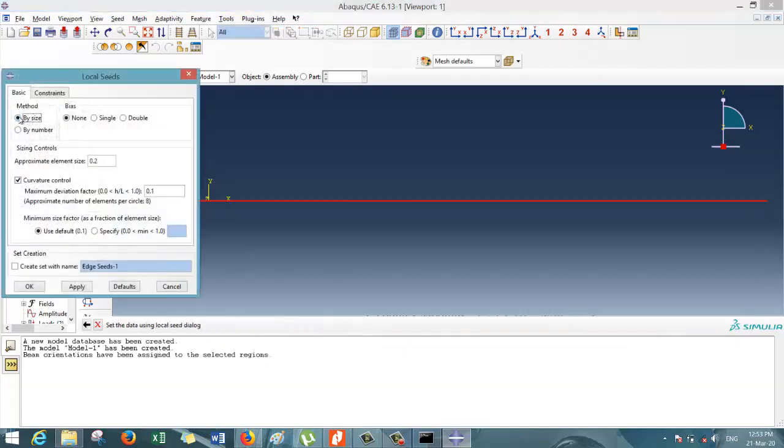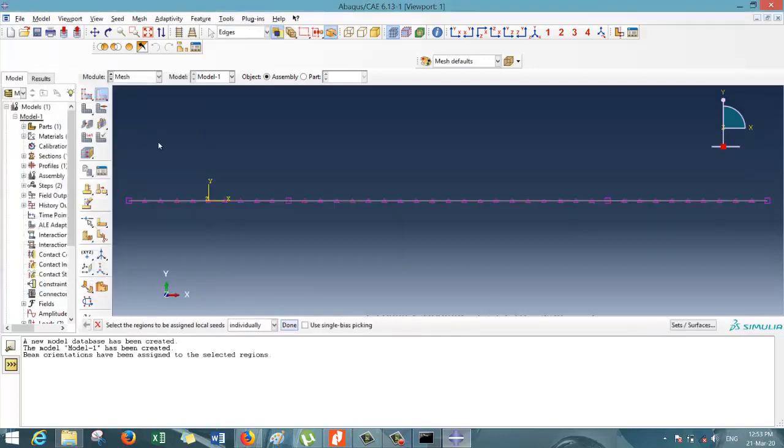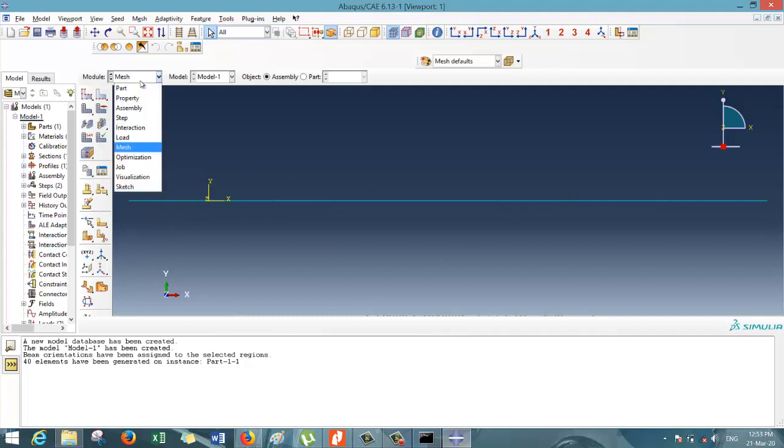The mesh method is by size, and I am specifying the element size as 0.1. Then click OK. Next go to mesh part instance, click OK to mesh the part instance. Yes, so the part has been meshed successfully.